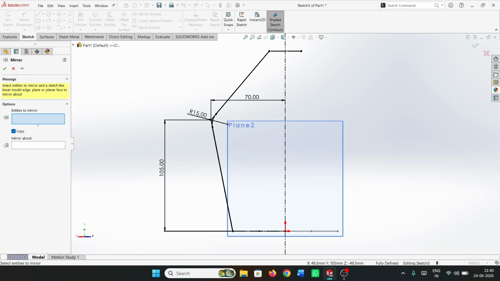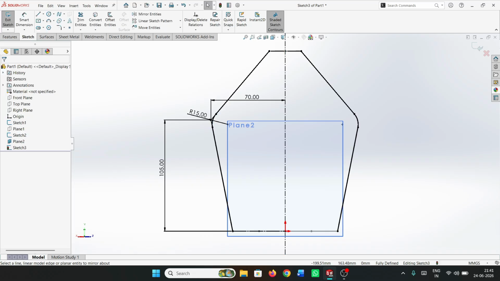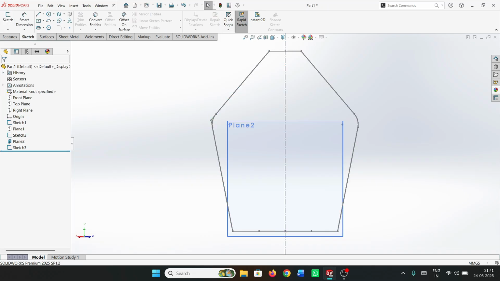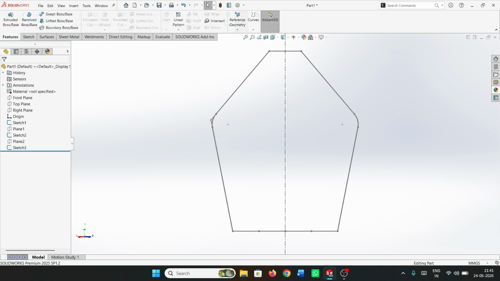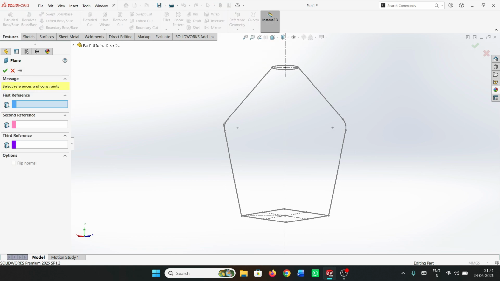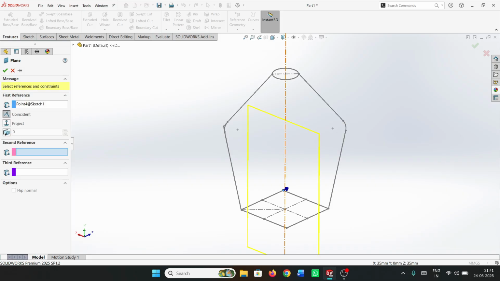Now select mirror entities and entities to mirror. Select this line, this fillet and this line, mirror about this central vertical line. Click OK. Exit the sketch. Now select the plane 2 and hide it. Go to Features, Reference Geometry, Plane, and this time select these two diagonal points